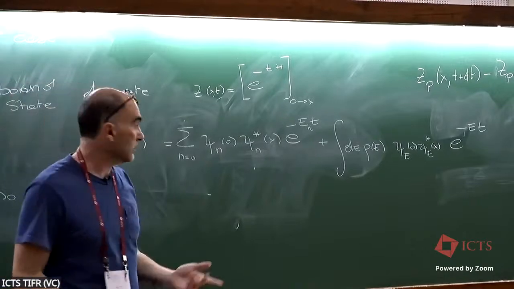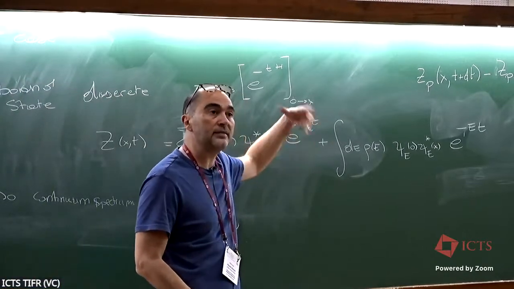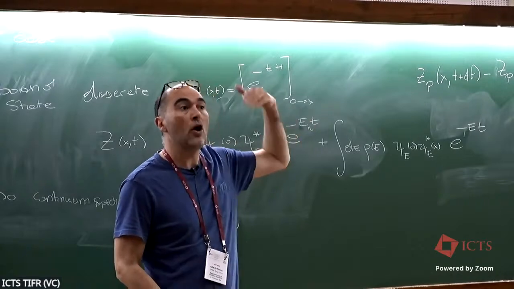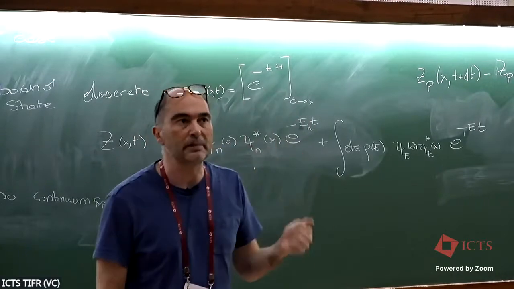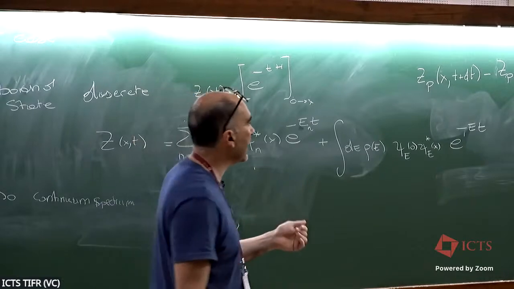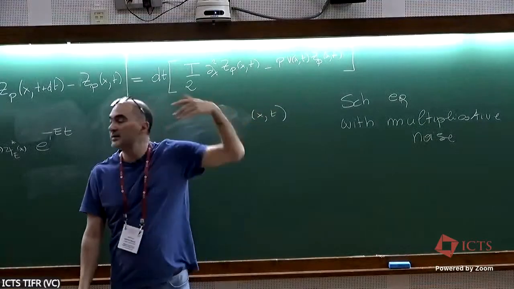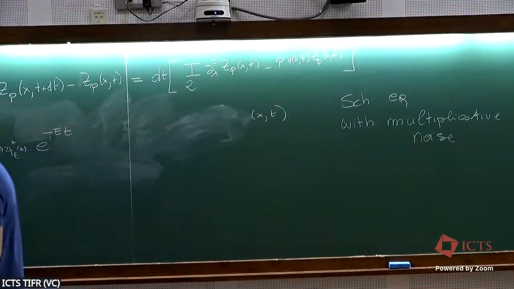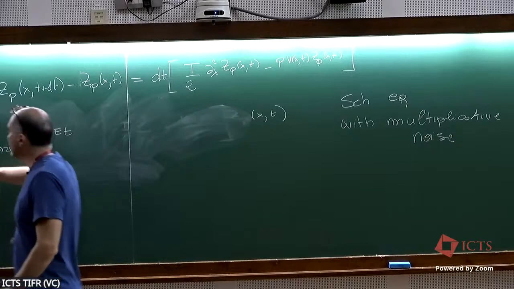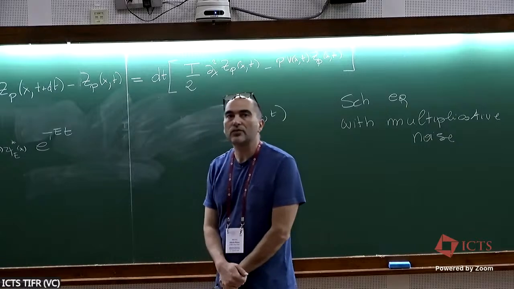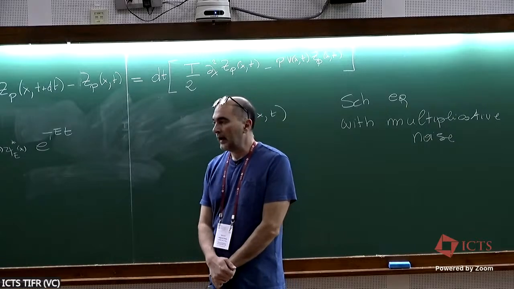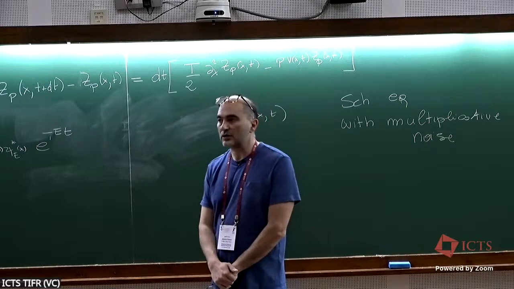This is possible, so the time dependence becomes trivial for the eigenstates, only if V is time independent, okay? So if you don't have a noise which is time dependent, then the problem becomes easier. You solve the eigenstate problem, okay? There are the bound states, the continuum part of the spectrum, and you can write the full solution for the partition function. Unfortunately, our problem is not so simple,